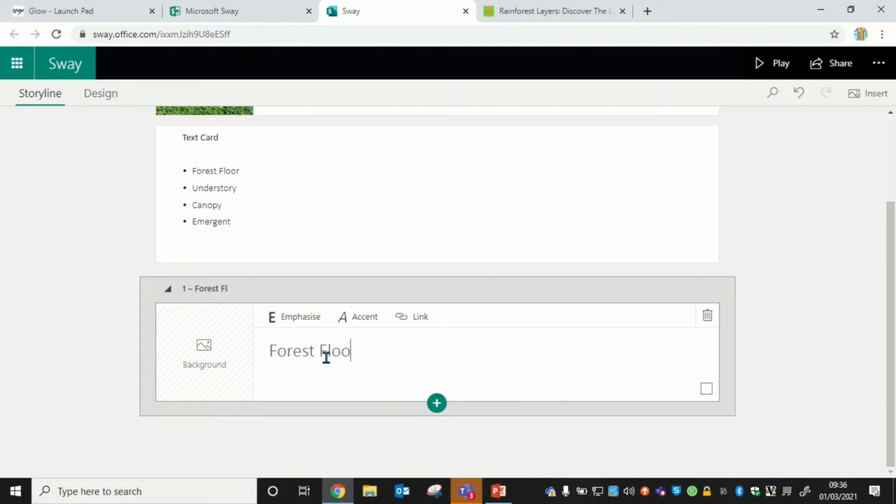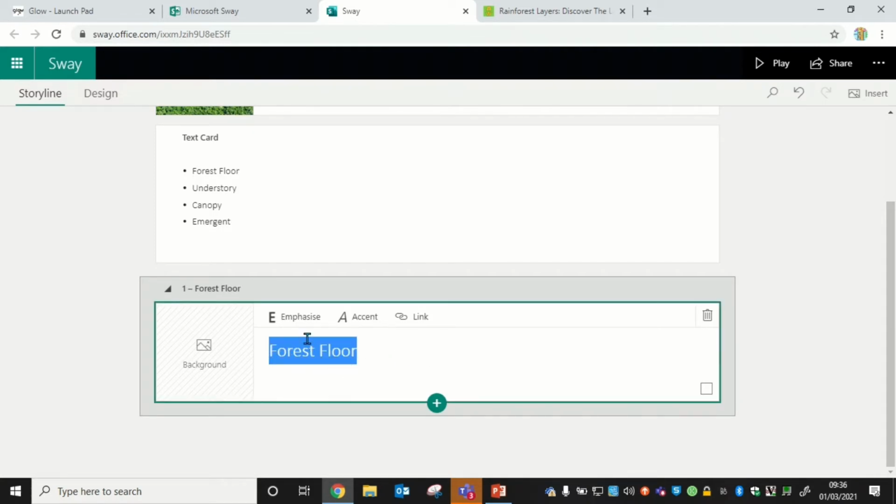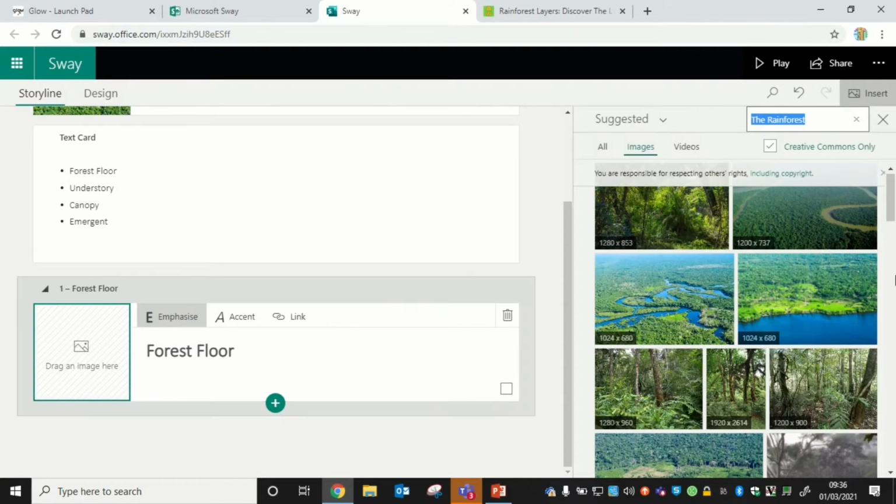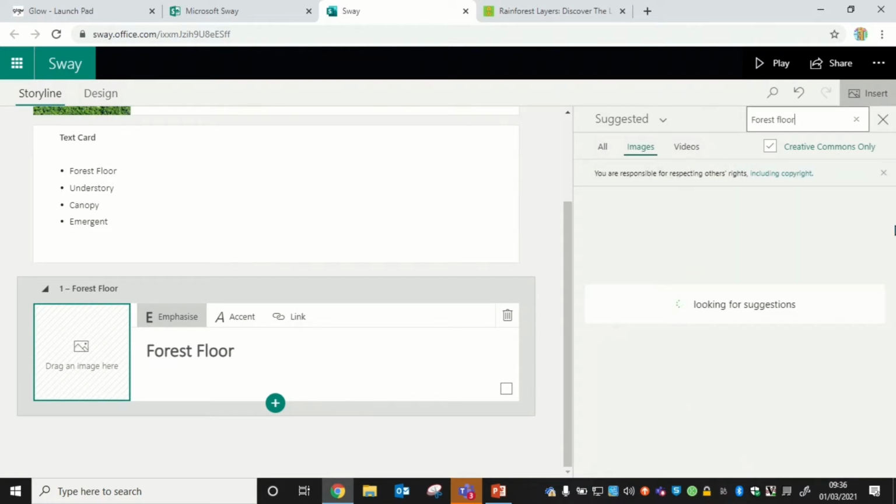floor. I've just realised that I've not put emphasize on and I want it on because it's one of my headings. So I'm just going to highlight it by dragging my mouse over the writing and click on that and now it does it for me. I want to put a picture in here as well. So I am going to clear the search here and I'm going to type forest floor, hit enter,